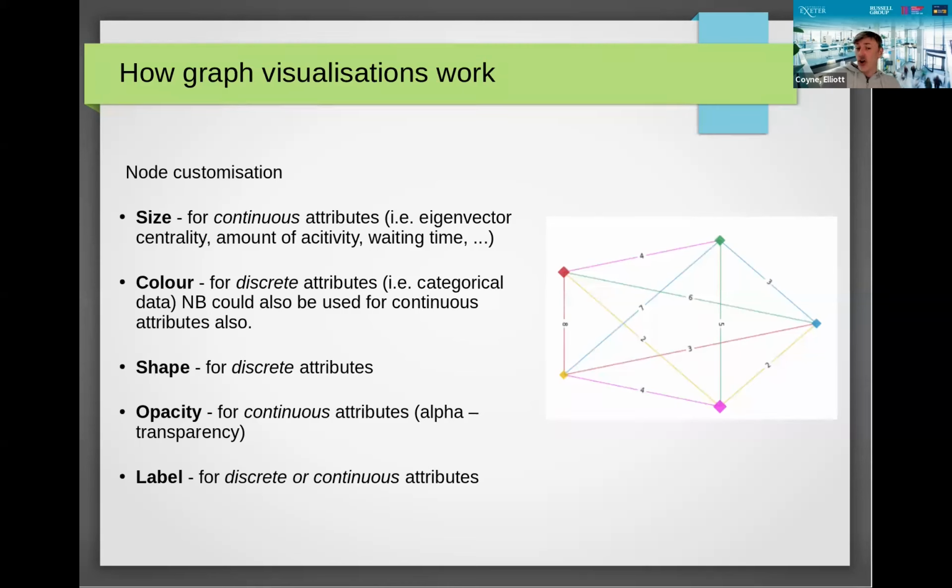You've then got the color of the nodes, and this is probably more relevant for categorical values, so discrete attributes, and you can color them accordingly. We also have the ability, especially in NetworkX, to change the shape of the nodes. At the moment, you can see in the graph on the screen we've got diamonds there, but that is standard functionality from matplotlib markers, so it's possible to change the actual shape we see, and again, they're good for describing